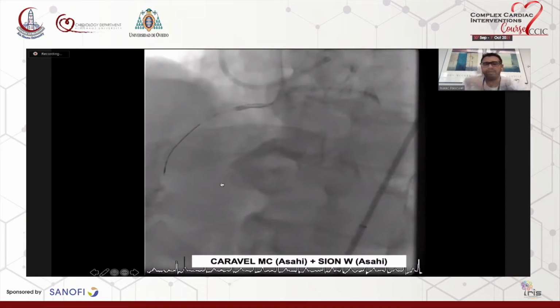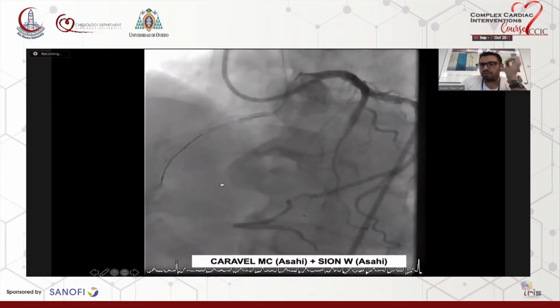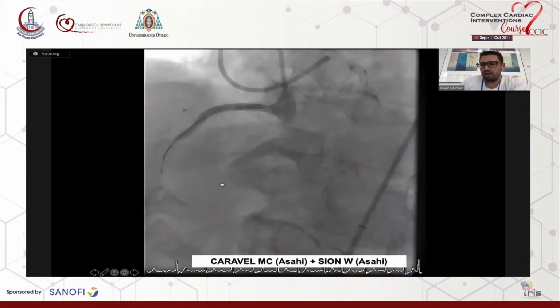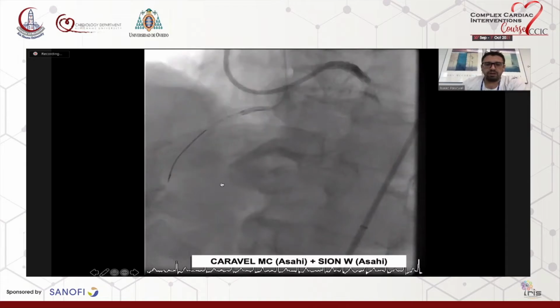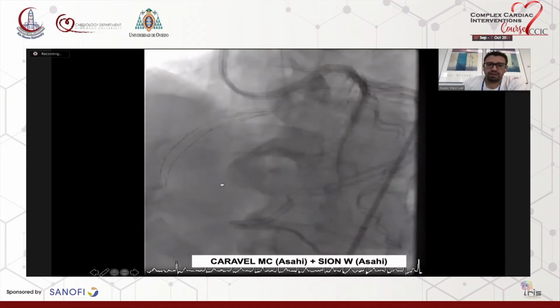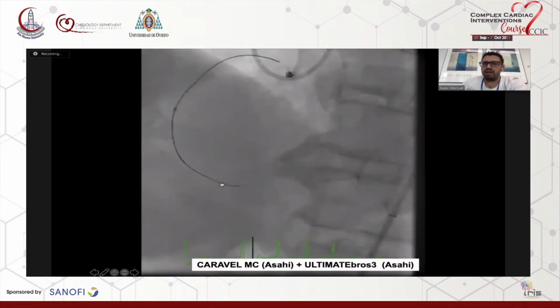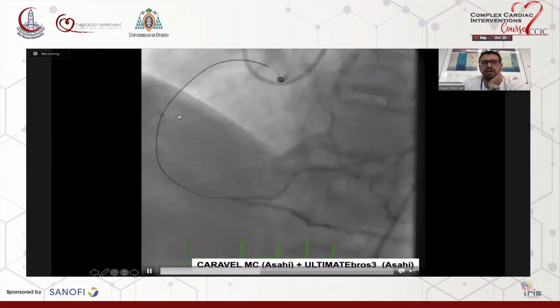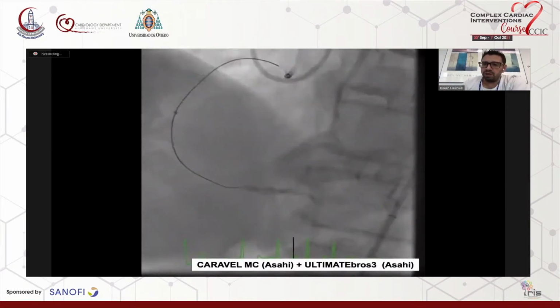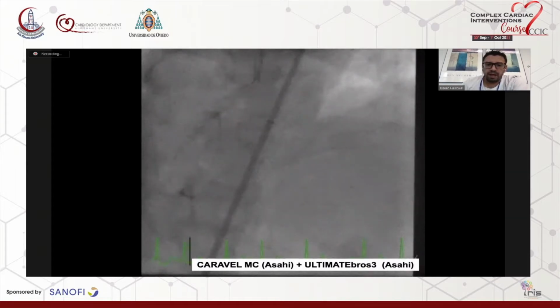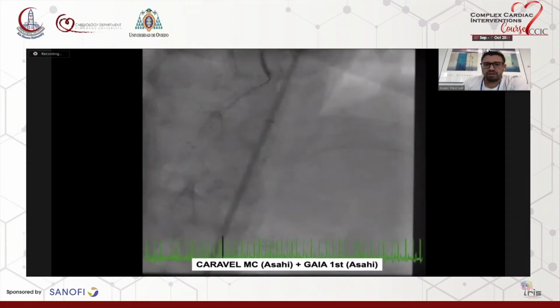So we start with a Caravel microcatheter from Asahi with a regular Sion, in order to start with the navigation into the proximal cap. And then we proceed with wire escalation, and we use a GuideLiner extension catheter in order to give us more support. We progress with the navigation with an Ultimate 8-gauge Asahi wire. But at this time, we decide to change for a Gaia First